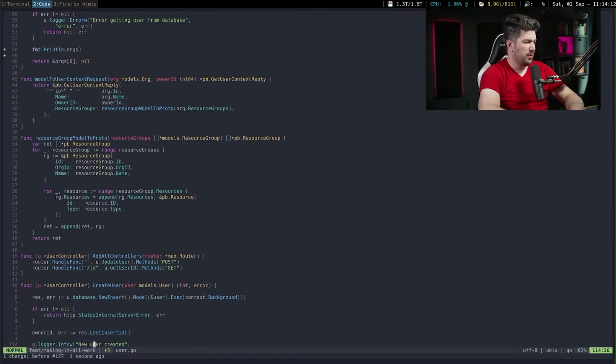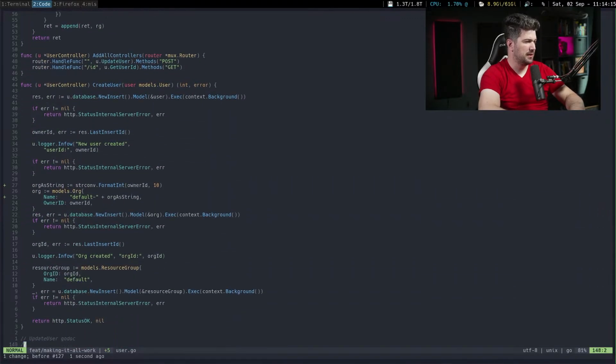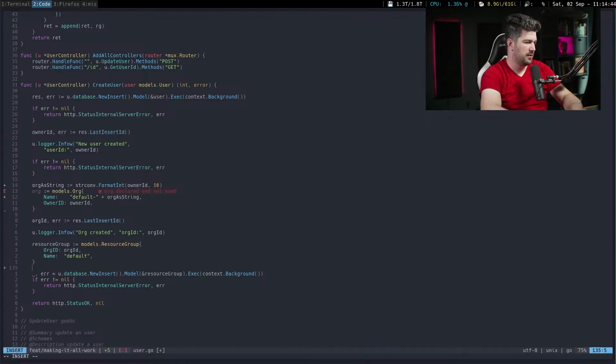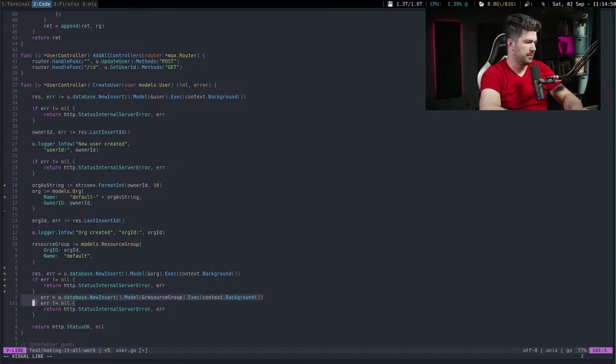Is this not the way to do this? I'm almost thinking, instead of doing this, what if we just make the resource group part of this and then insert it? What if, let's just try that. We'll just delete that. We'll paste that here. We will,